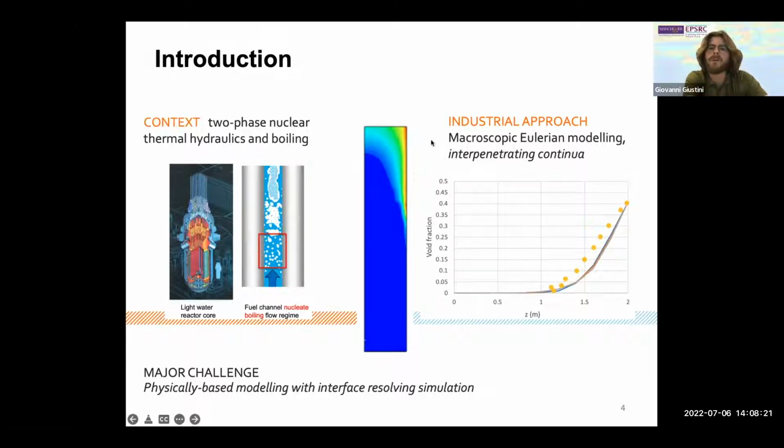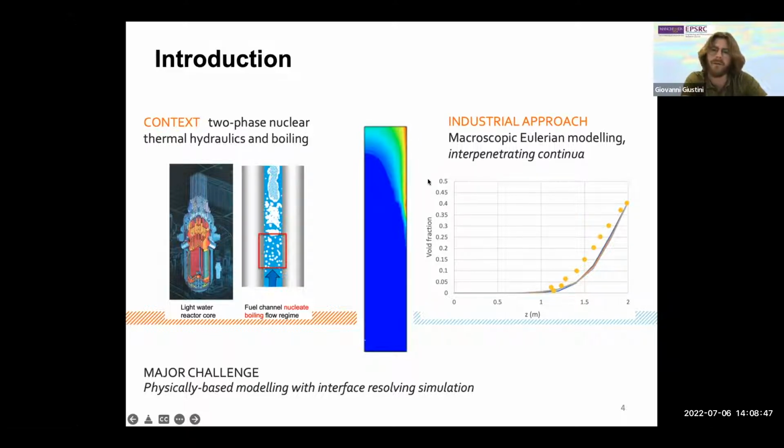And we use a rather standard CFD approach to model this kind of problem that is based on the so-called Eulerian modeling approach with interpenetrating continua. So we are saying that everywhere in our simulation, there is a little bit of vapor and a little bit of liquid. These are treated basically as continuous phases, and we use a pretty standard steady state CFD simulation